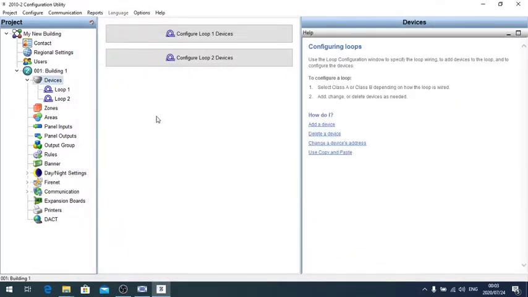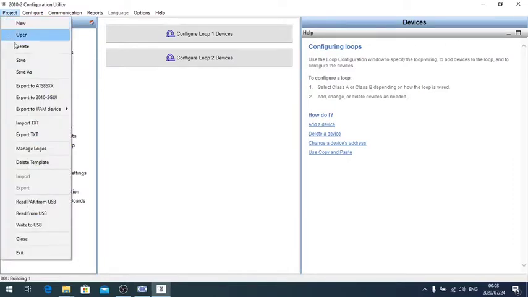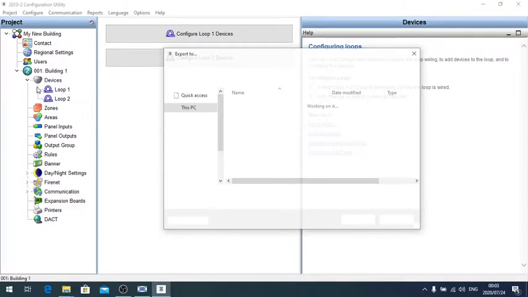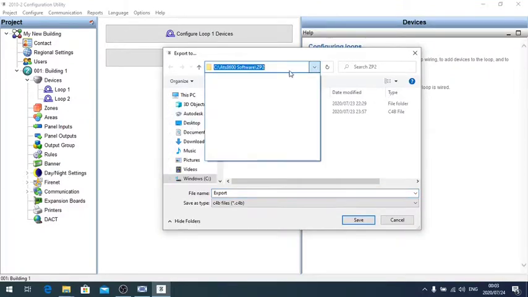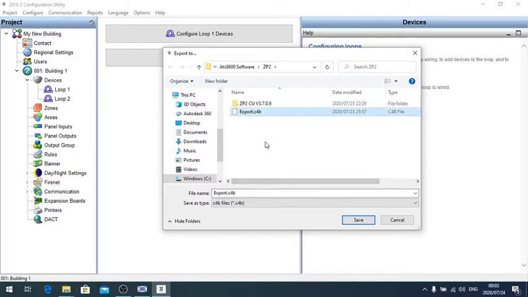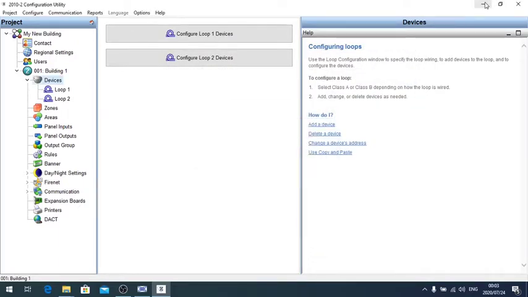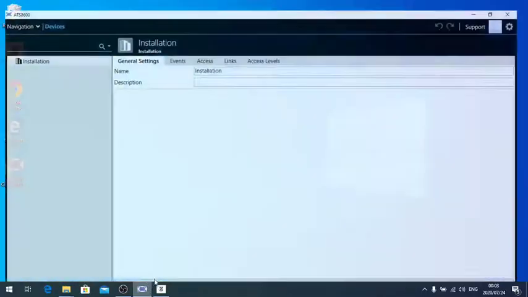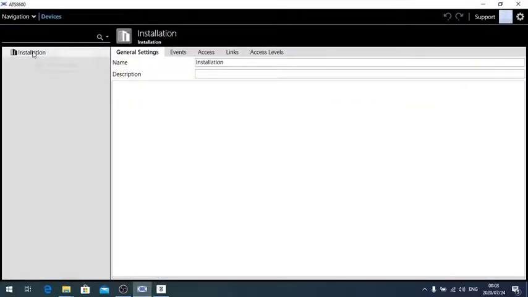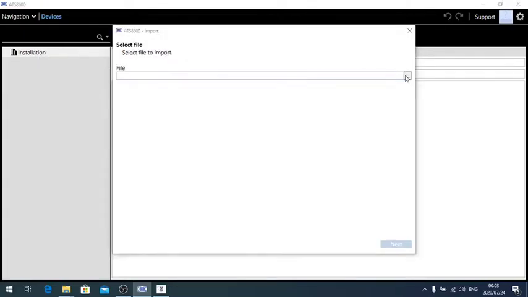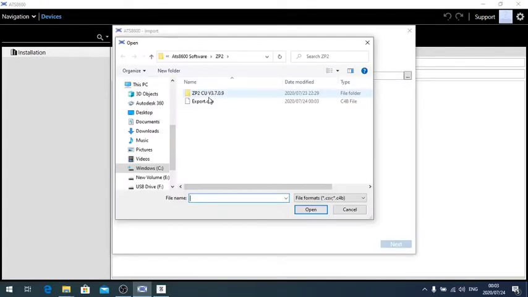So we'll close this, we'll go to project, we'll export to ATS8600, so you can just export the whole file, and I'm under software ZP2, so I export there. There's already one I've done, so export there. I'll minimize this one, and I'll go back to my ATS software. Now what I can do here is I can say external data import, and I select that specific file,